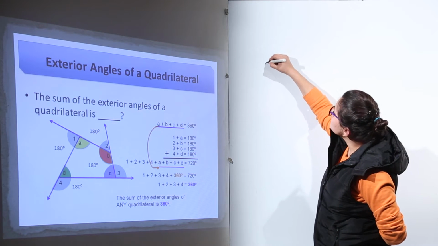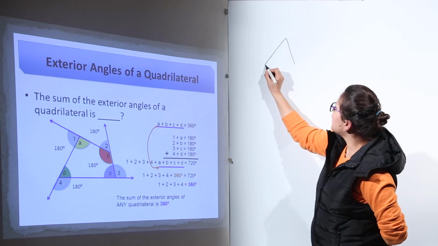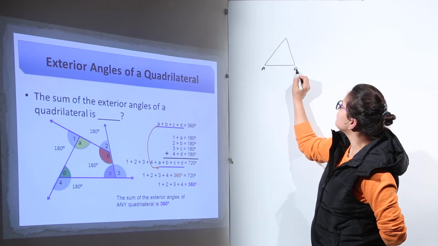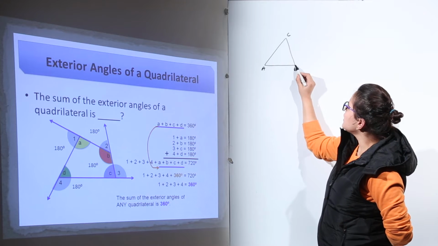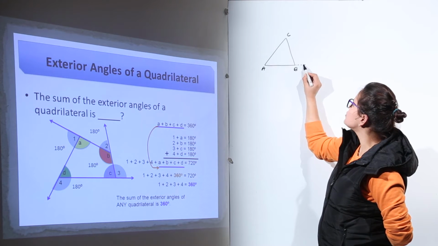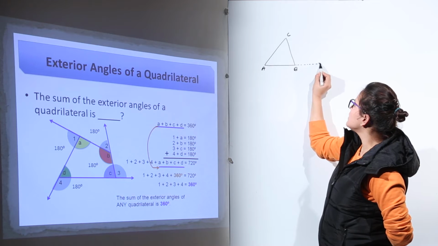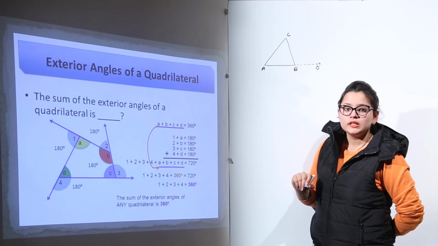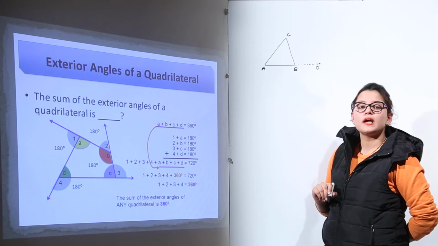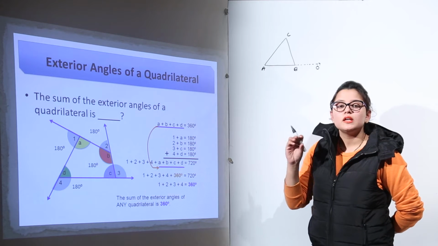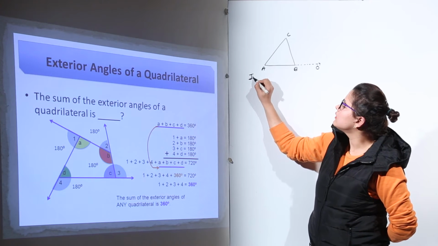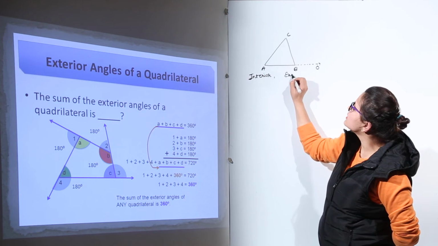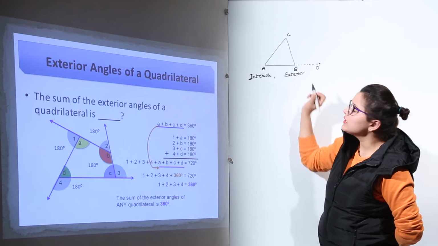See, if I am making this triangle, I have made up this triangle over here, and these are angles A, B and C. If I extend AB, I am showing this with this dotted line, extending this AB to some point O. Now can you tell me how many interior angles are present in this triangle? Interior angles are the angles that lie inside the polygon, and exterior angles are those which lie outside the polygon.